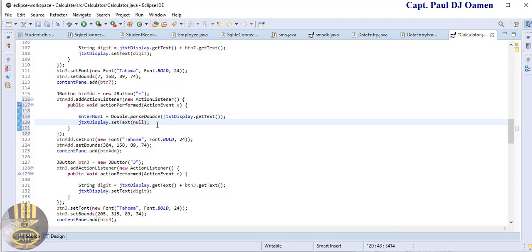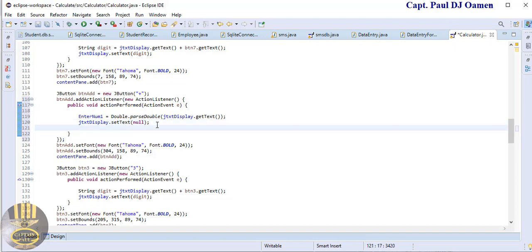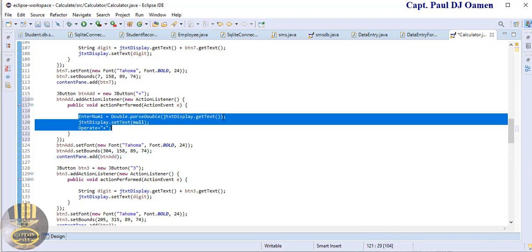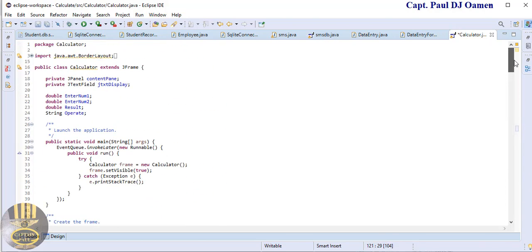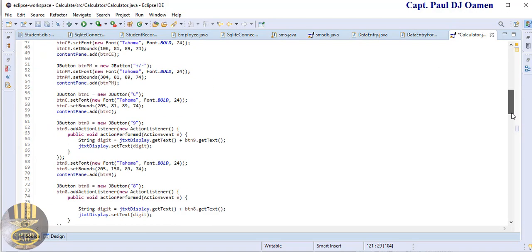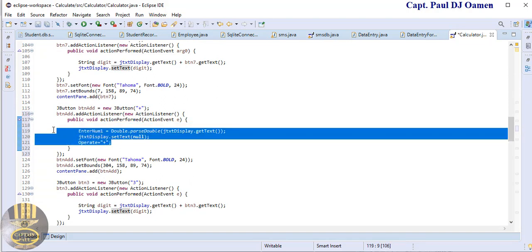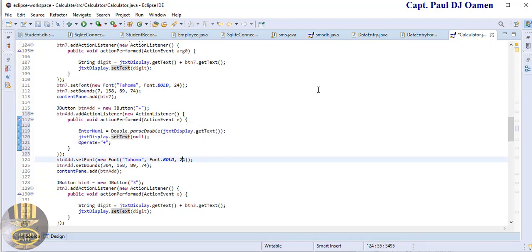Then I also have an operator. In this case, the operator equals, I think that is what I call it, plus. Okay, and enter semicolon here. There we go. Now, let me just confirm the name of that operator. Operate, I'll call it operate. I think I'm right here. Yeah, that is right. So I'm going to copy those lines of code, and let's